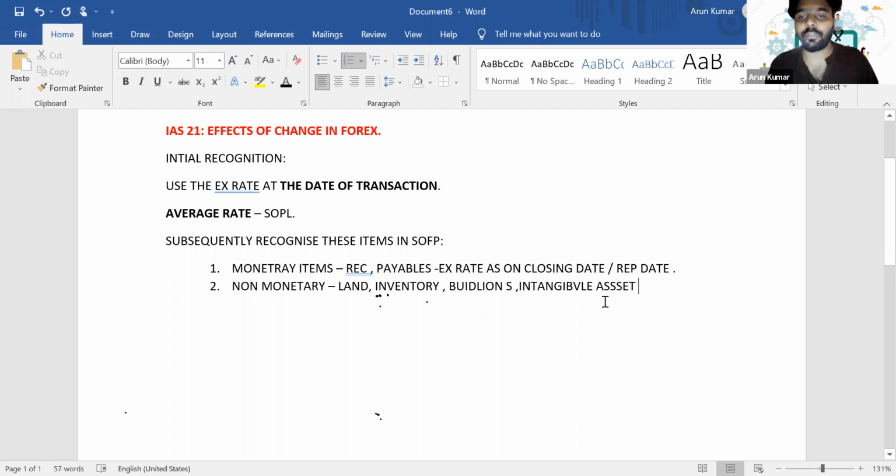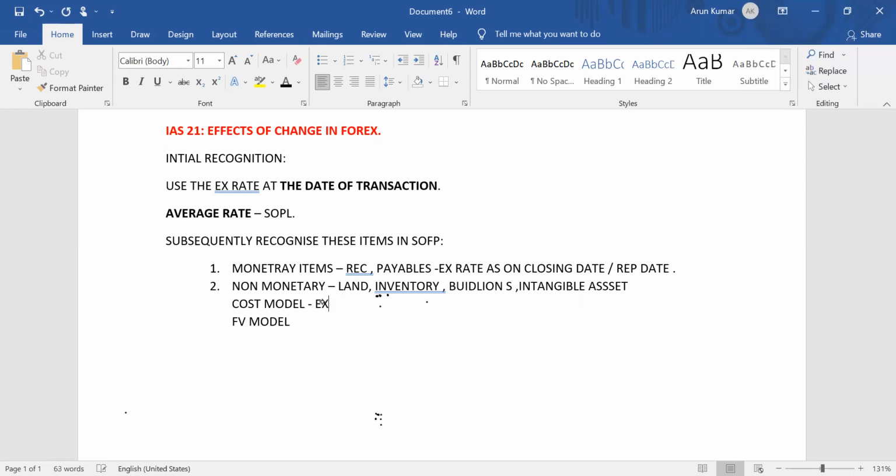These all are examples of non-monetary assets. If you are using a non-monetary asset, then these non-monetary assets are of two types: either they are using the cost model, or they are using the fair value model. Okay. So if you have a non-monetary asset which is using the cost model, then